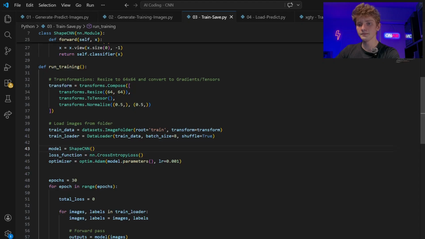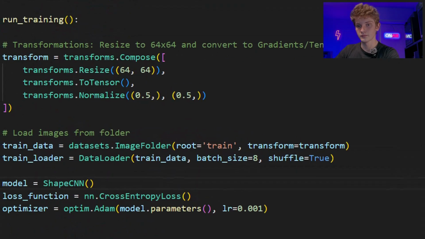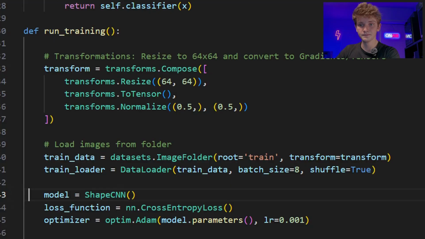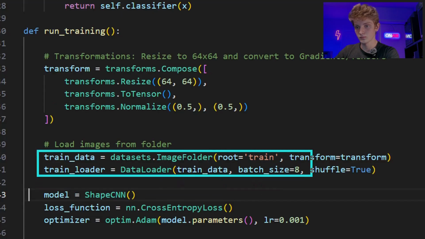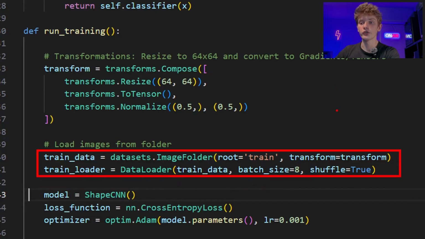So now going back to the program, let's see how the training of our model is actually done. The first thing that we do is, of course, get our training data into the program, and we do that over here. We first use this datasets that we import. We use that to get our files into the program, so we can of course train with them. You can see in the parameter of this method,